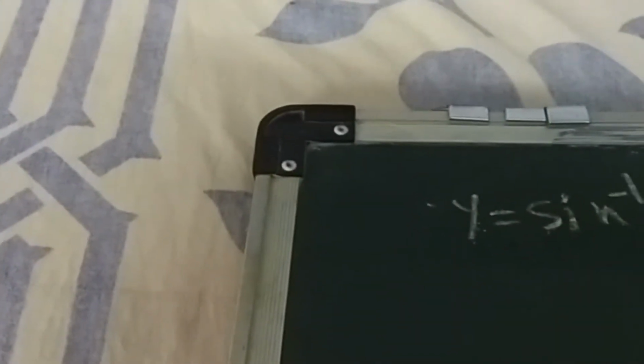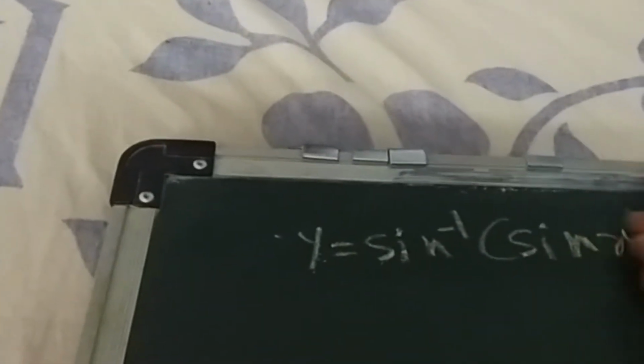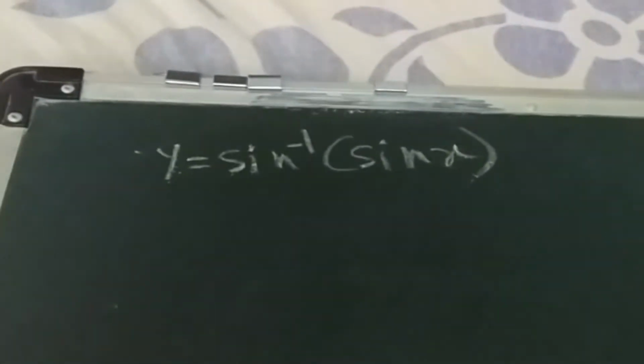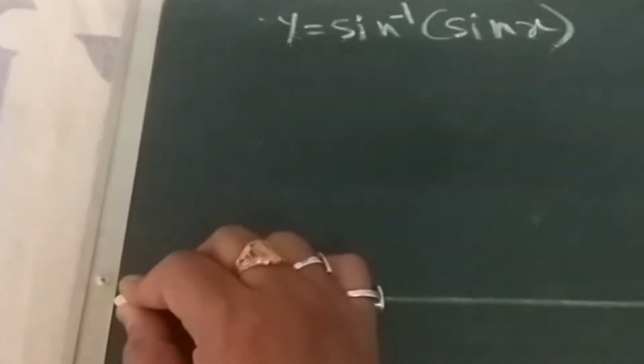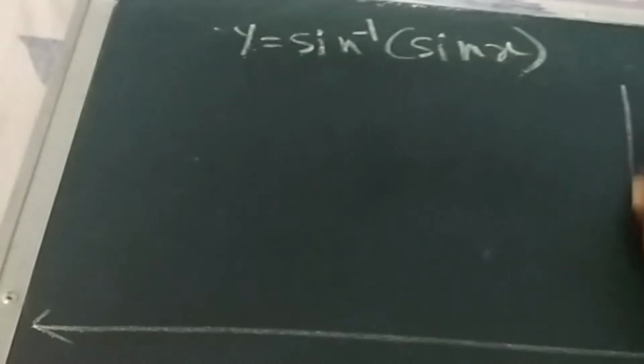Okay, now I have erased the board. I am going to show you how to draw the graph of y equal to sine inverse sine x. Okay, so it is a composite function as I have discussed earlier, and it is inverse of trigonometric function, sine inverse sine x, graph of this one. So as usual, x axis and y axis,